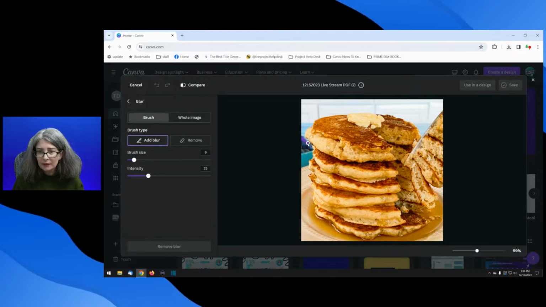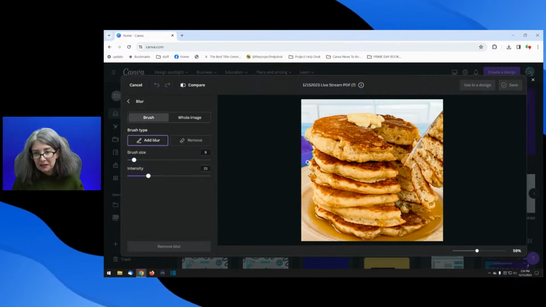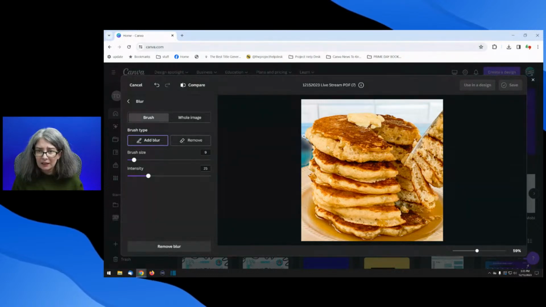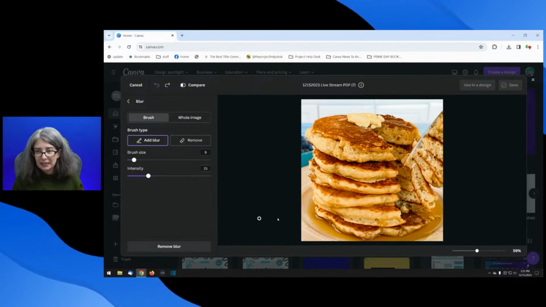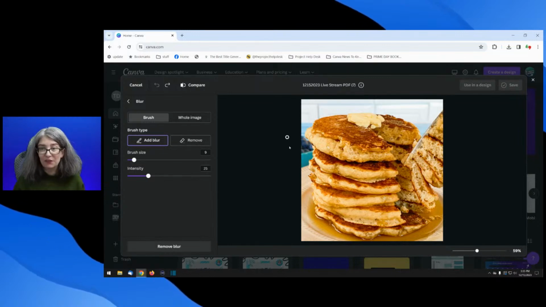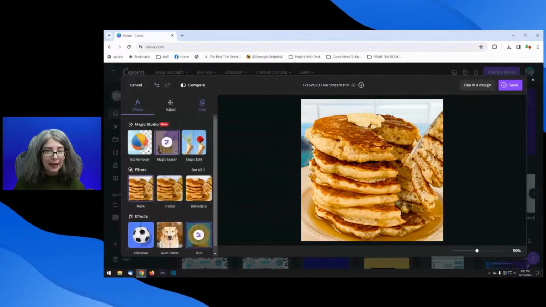Let's very hastily go like this. This is not going to be great, but that's all right. Let's just hastily go like that. That was probably too intense. So we're going to click undo, right? Because I think what was there was fine, but I just wanted to show you that you could do that.